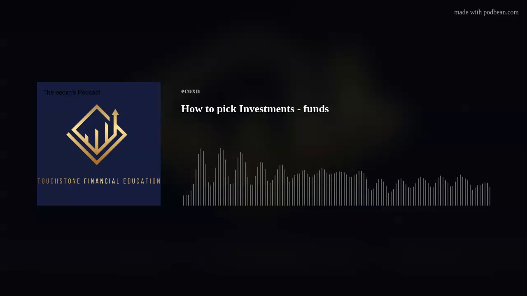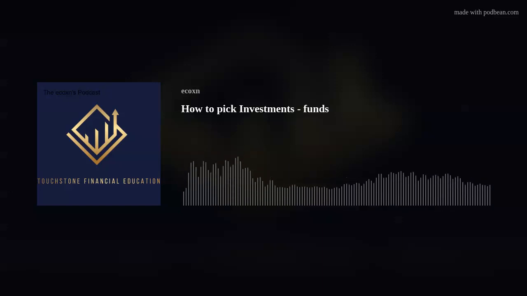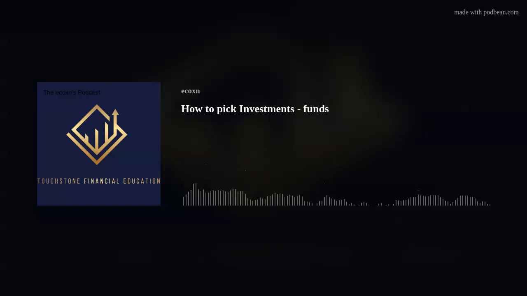Now, that's not the only way to find funds. There are many other tools out there, wonderful apps like Motley Fool or Seeking Alpha, or publications like Investor's Business Daily, of course, the Wall Street Journal, so on and so forth. Okay, so there are many different tools, but a couple of tools that I really like, again, especially for beginners, because this is a back to basics type of podcast today, is U.S. News and World Report and